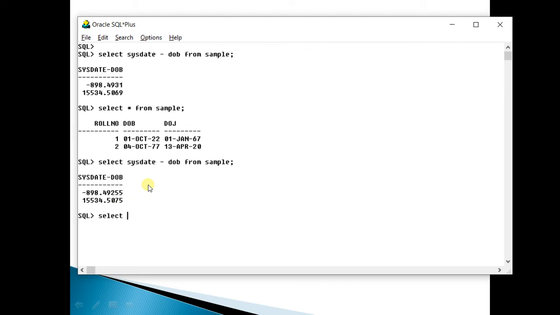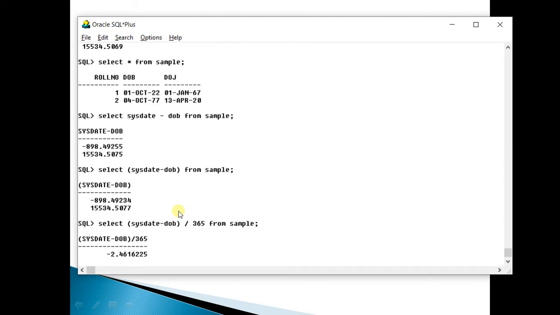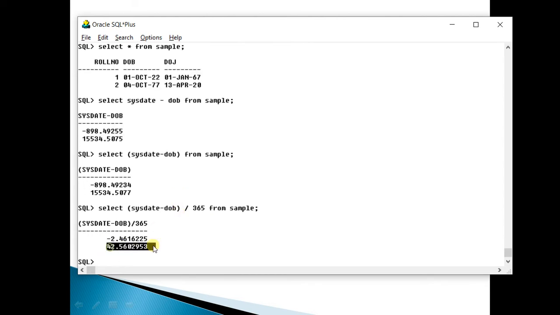The logic is select, bracket, sysdate minus dob, close bracket, divided by 365 from sample. Now it is giving you 42. So 42 years, and this is minus 2 actually because this date is a future date.